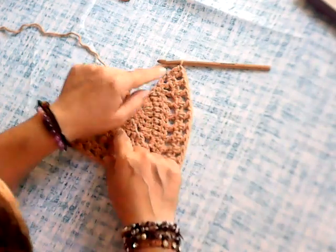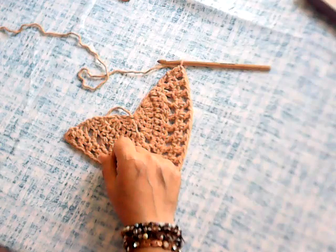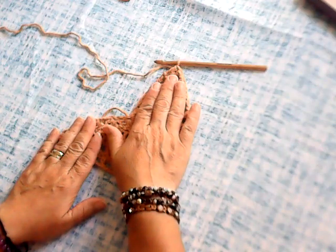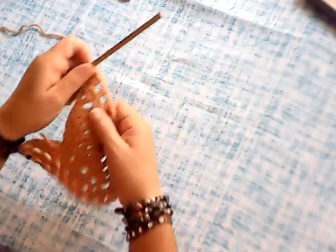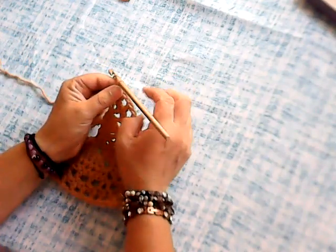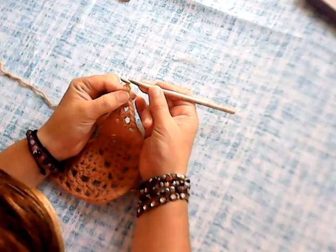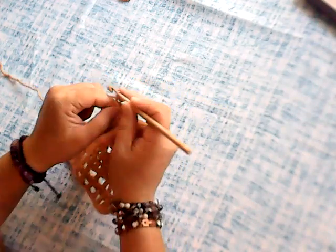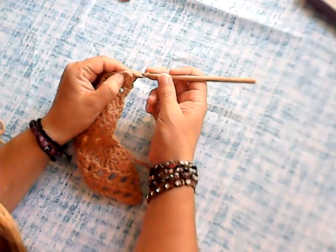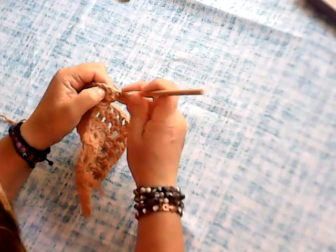Row number 7. Again, we start working with a single crochet and the chain. Okay, so now this is a little difference in compare with the row number 5, because we need to make 2 extra single crochet. So now we make a chain and 2, we turn the work, and 2 single crochet in the first stitch. 1,